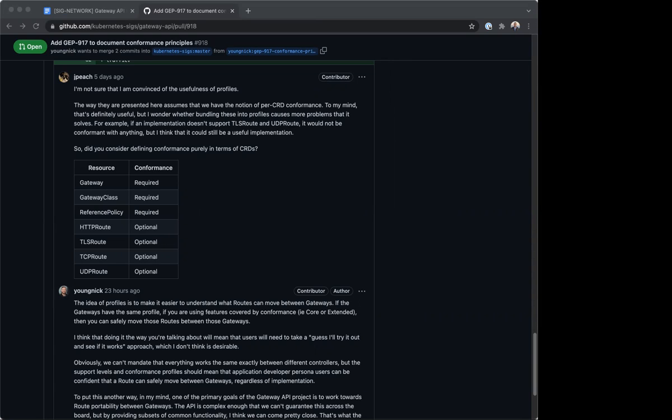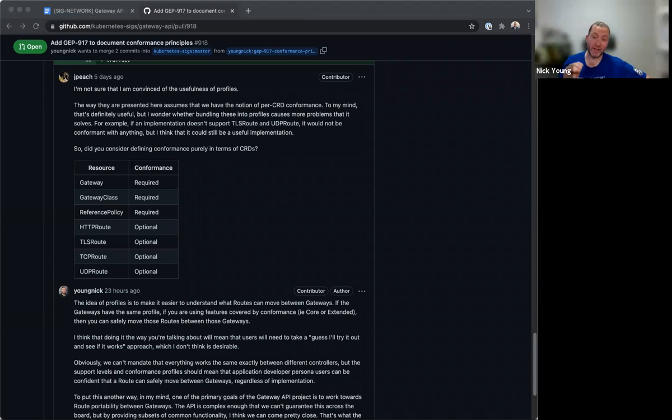Yeah, I guess I'm almost saying, and I'll drop it after this, and this is just my view, that you've got conformance profile by default by saying which CRDs you support. Do you support the HTTP route? Do you support the TCP route? If I don't support HTTP route, then obviously I'm not at layer 7, right? So I guess that's all. This is just my view, and I know there are others that have different views. We spent plenty of time on this. I'll shut up at this point.